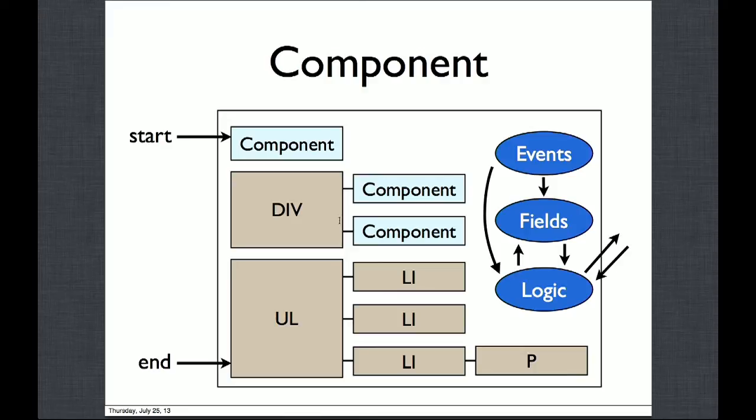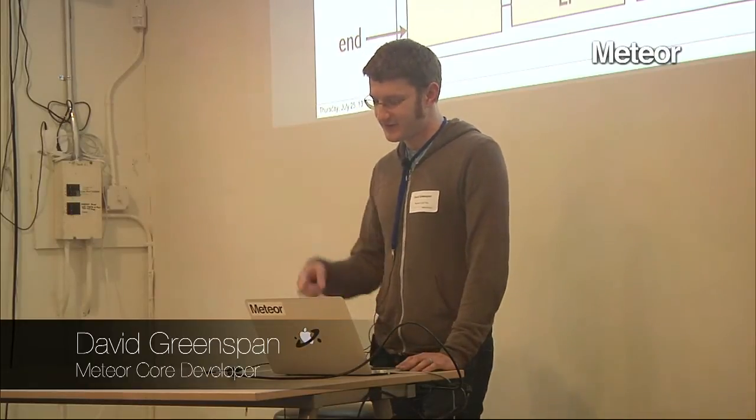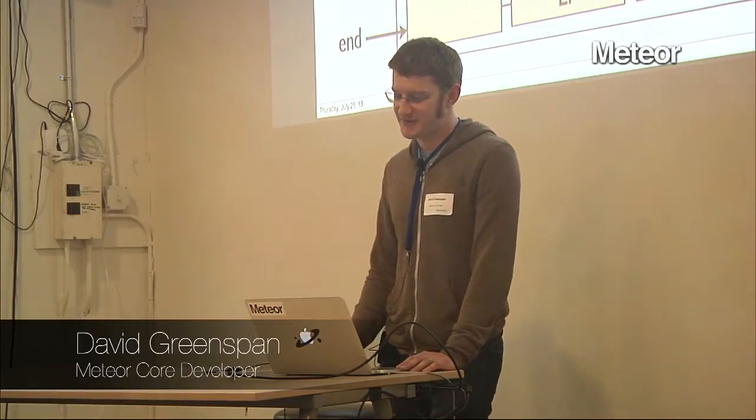So the 3 boxes labeled component in the picture would be the children of this component, and the component is supposed to treat those as kind of black boxes. But the component has the ability to move those around if it wants, as long as it respects their cohesiveness as components. And then I've drawn these blue ovals off on the side to represent the fact that there's